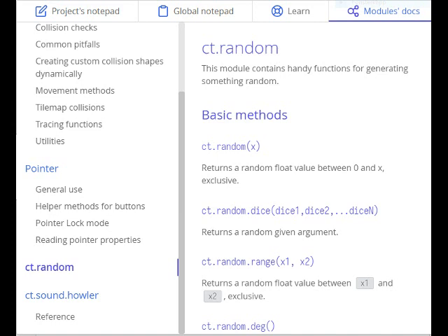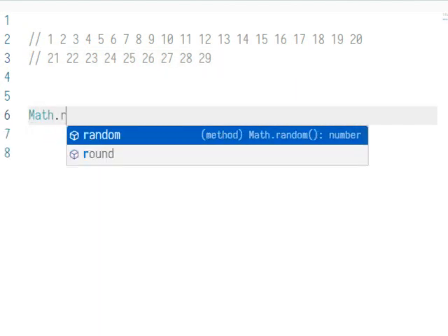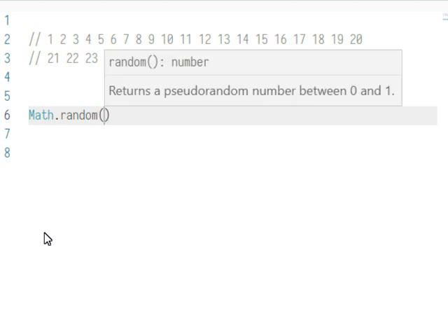One reason is that JavaScript only has one data type for numbers, called number. This is used for both whole numbers, integers, and decimal numbers, floats. I want to generate a random number between and including 1 to 29 in whole numbers. I don't want decimals. A standard method in JavaScript to get a random number is Math.random.